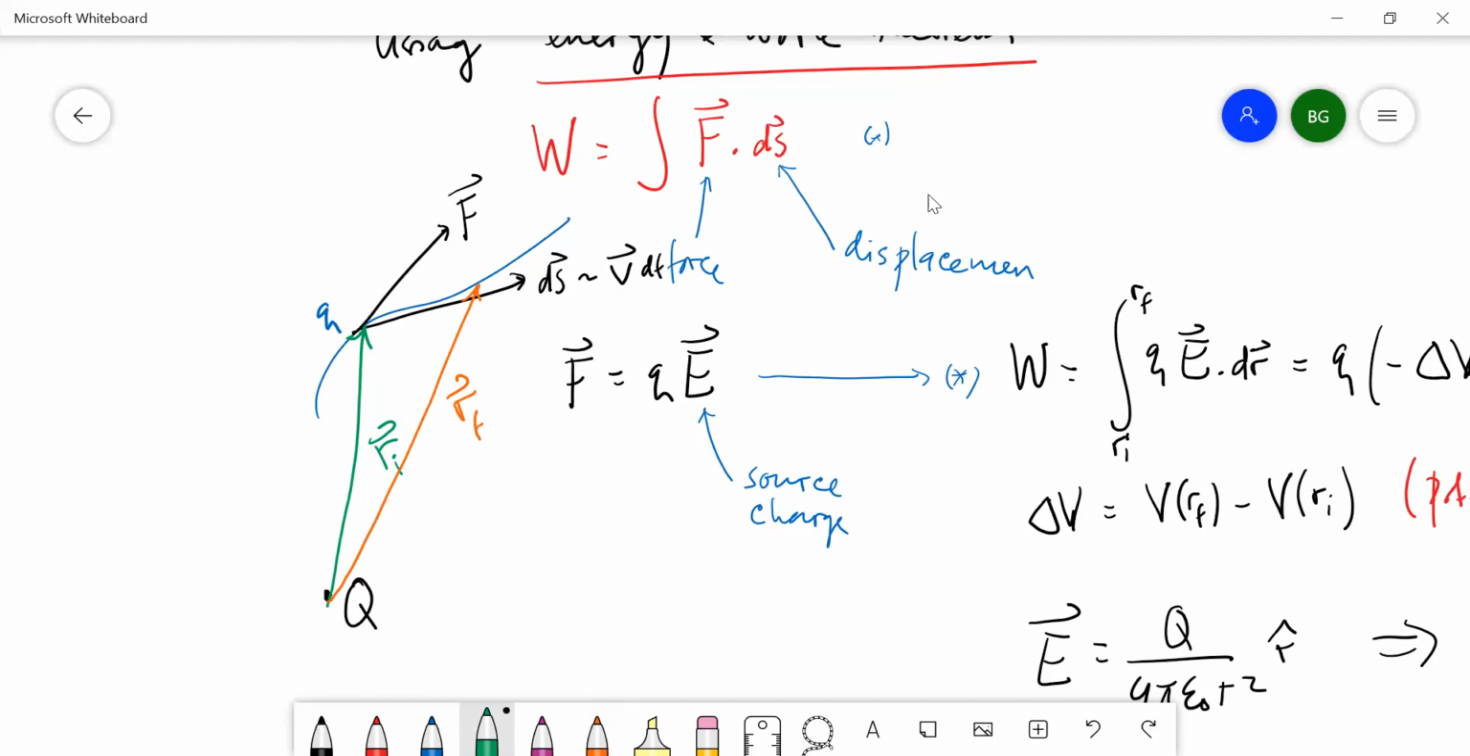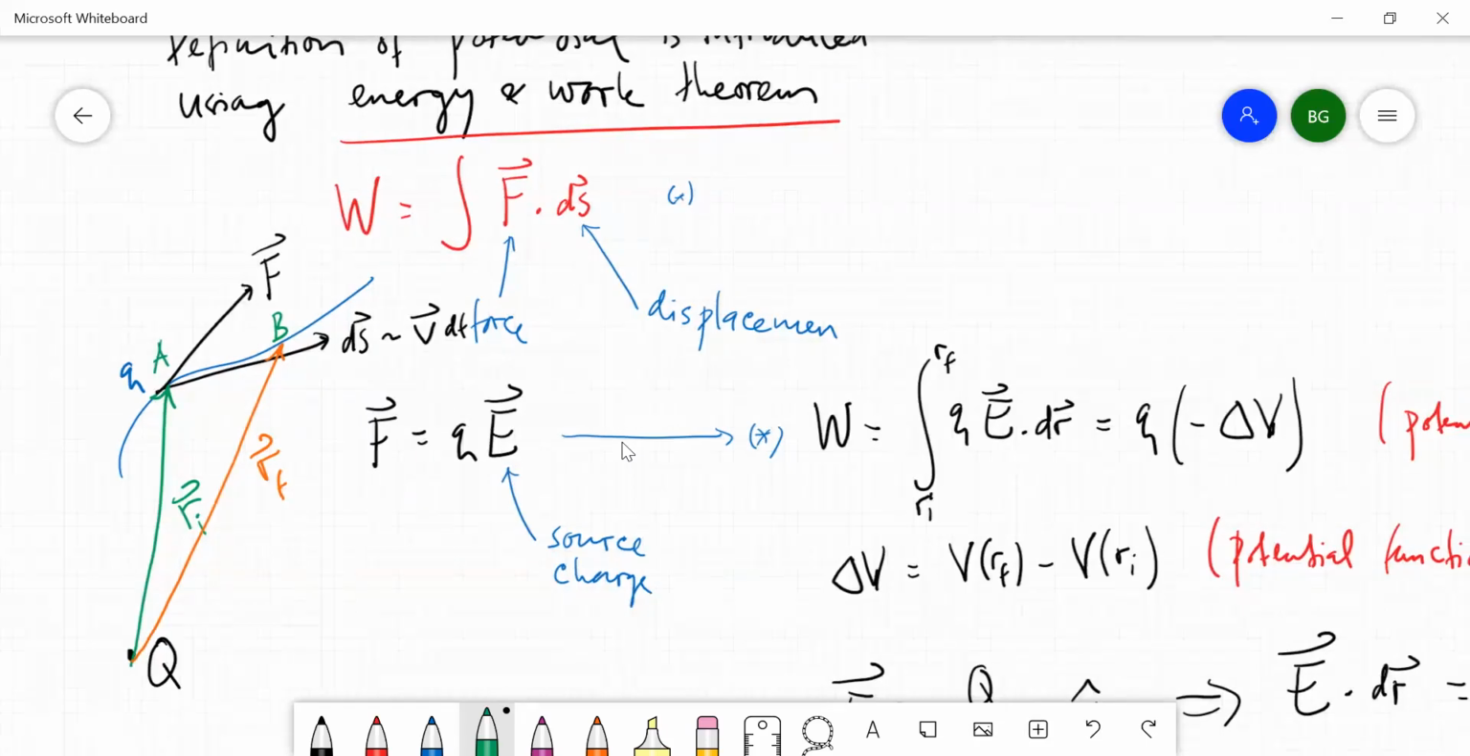So this capital Q is trying to move this test charge q, for example, from point A to point B. The force that acts on the test charge q is F equals q times E, where E is the electric field from the source charge, capital Q. So using the work-energy theorem,